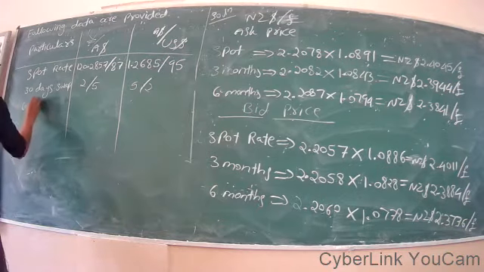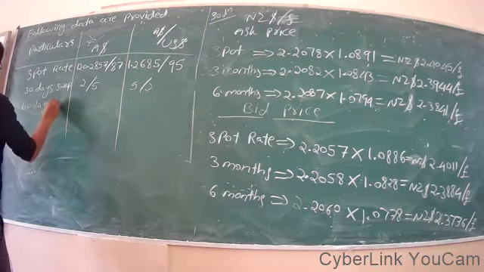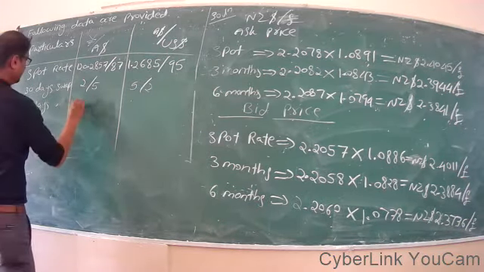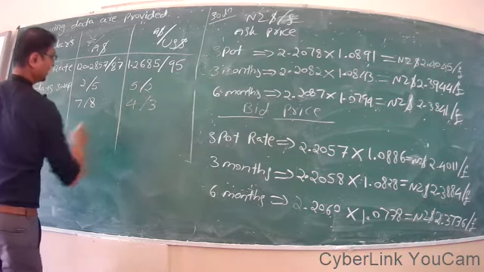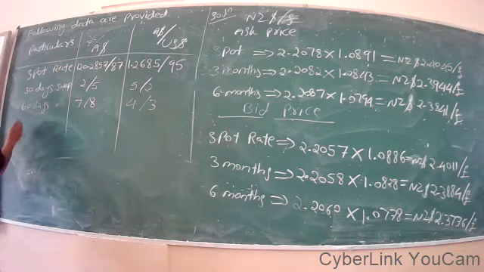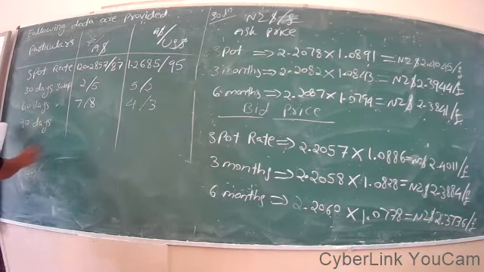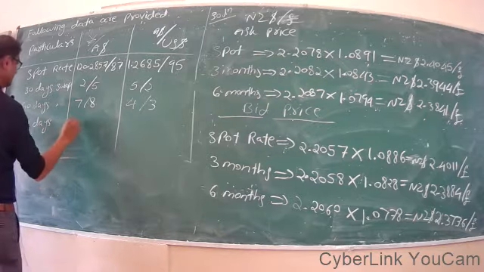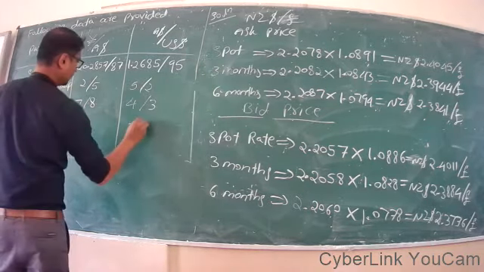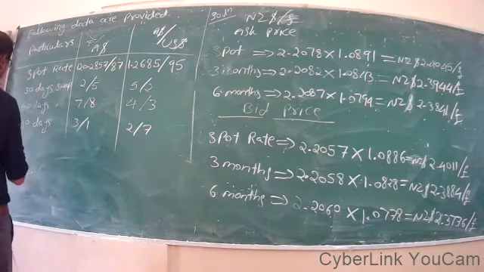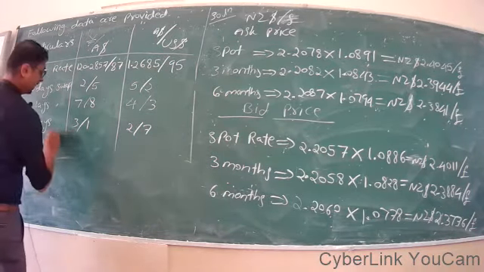60 days, swap point given is 7/8 and 4/3. 90 days, swap point is given as 3/1 and 2/7. Now they have asked that